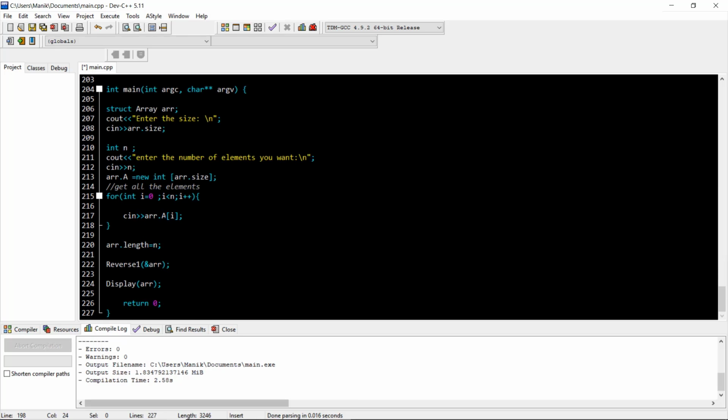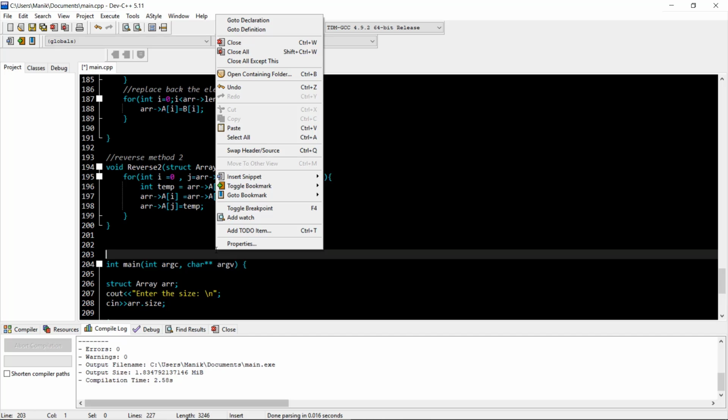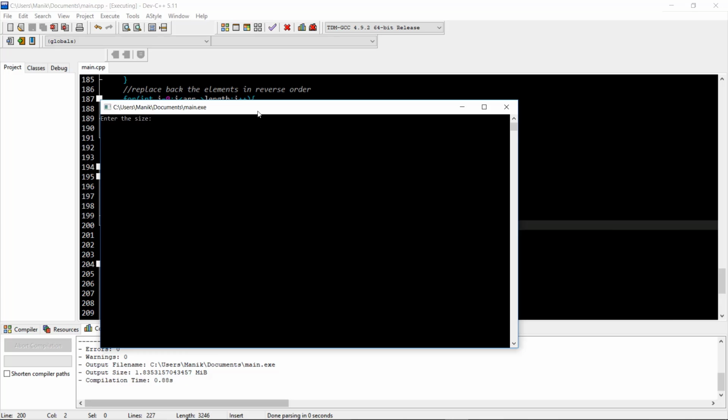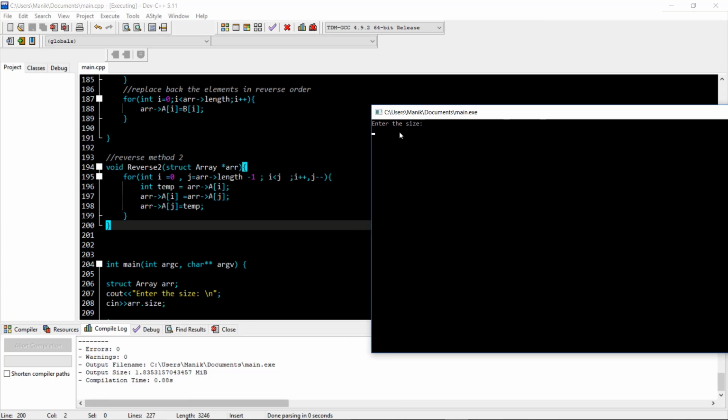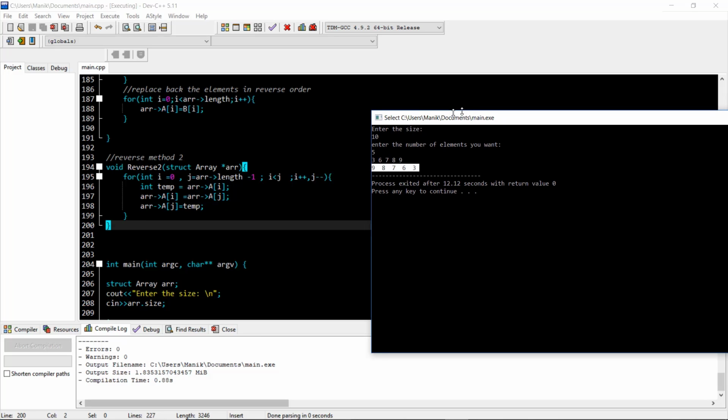So now let's see how the reverse function works. Just type 2. Okay, easy it is. So let me give you first the size is 10, 5 elements, we need to enter 4 6 6 9. Yes, see, it works in a better way. Okay, you can see this thing, it is just reversed upside down. So very simple logic it is.